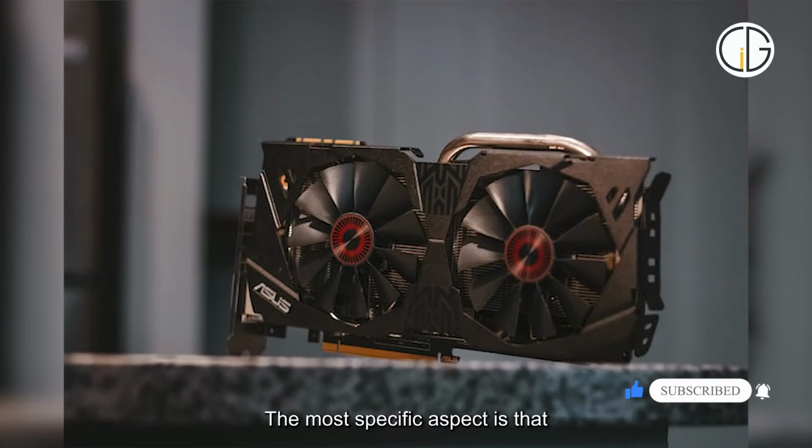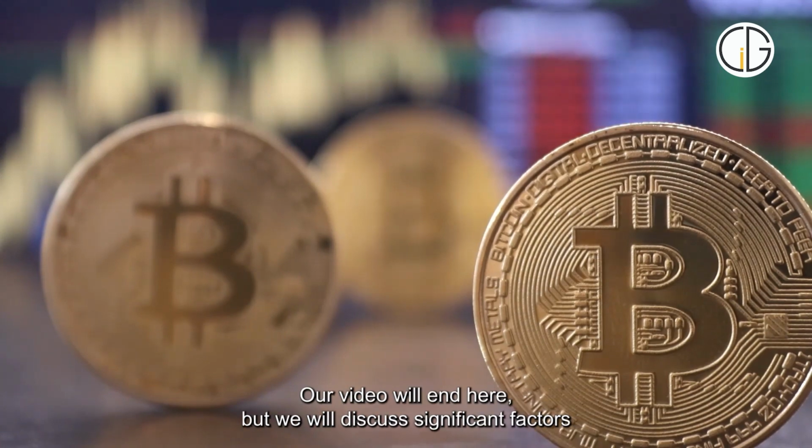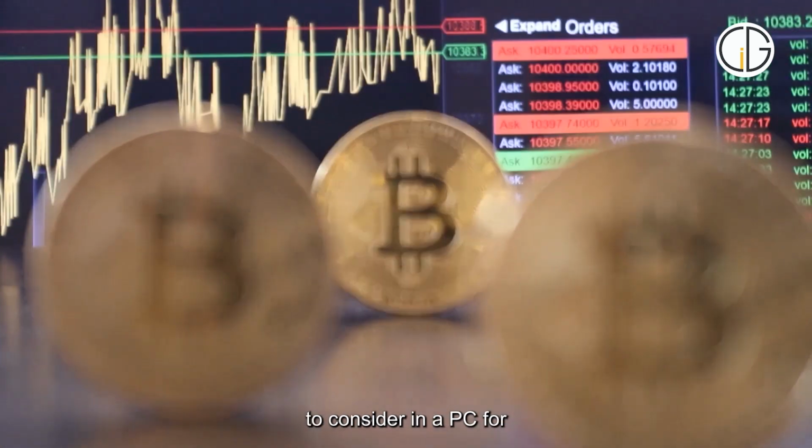The most negative aspect is that the cooling element is not properly designed. In contrast to ROG Strix, the thermals need to be kept in check while you are mining cryptocurrency. So friends, our video will end here, but we will discuss important factors to consider in a PC for